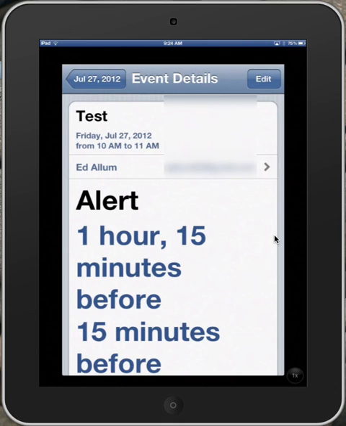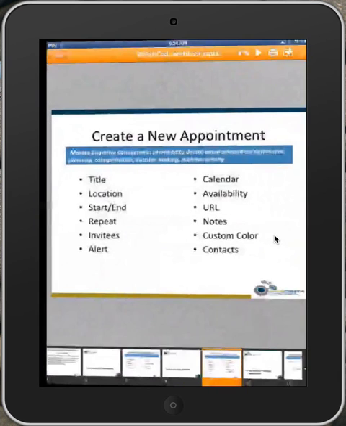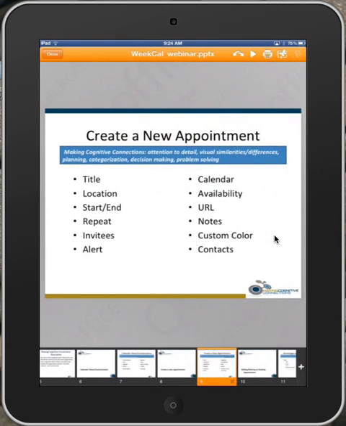If I want to, I can also go in and edit the appointment. I'm going to go back to my PowerPoint presentation real quick because the next slide talks